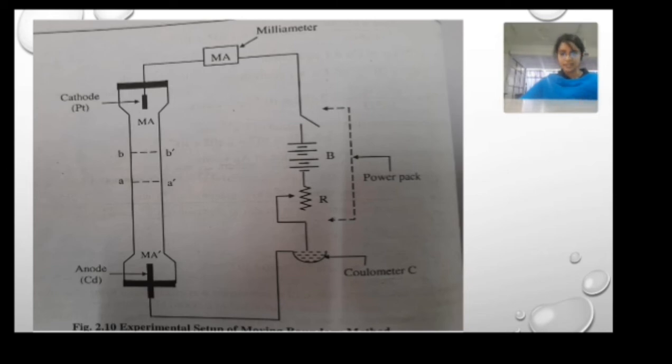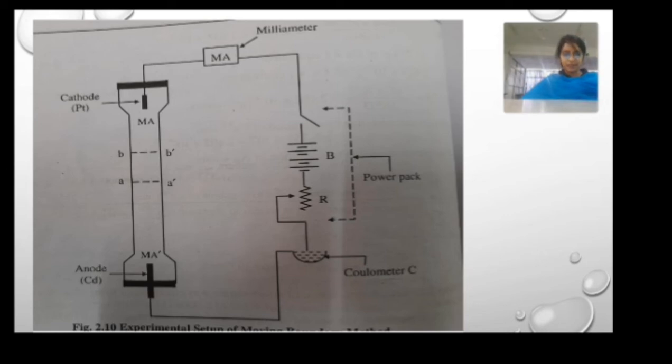It's a very important thing. The method appears to be very simple, but actually certain conditions must be met in selecting the solutions of the electrolytes to be taken for the determination of transport number, and corrections are required. A platinum wire is placed at the bottom and is known as the anode. That is already shown in the figure. A coulometer C is arranged in series in the circuit.